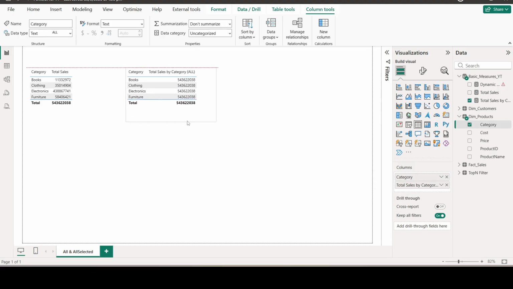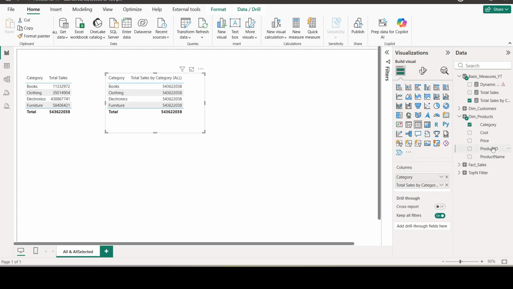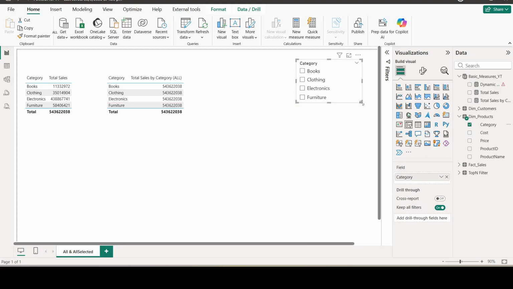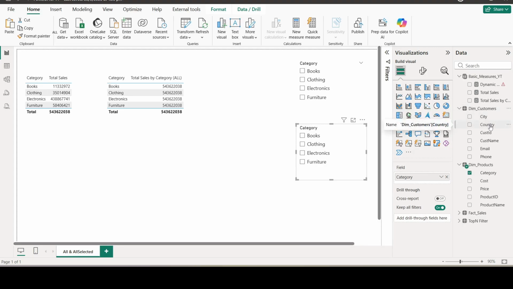Now you can see both visuals are table visuals, but in one visual the visual filter has been applied, and in the other visual we have nullified the visual filter using ALL DAX. Even if I apply a filter from the outside, let me use a slicer as well. Here, if I use the category slicer and another slicer, let's say country. Right? This is the country slicer. See, if I select book,